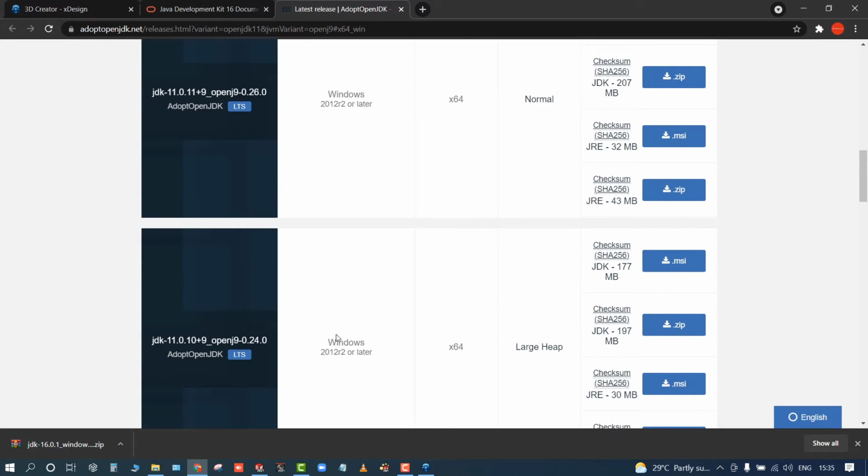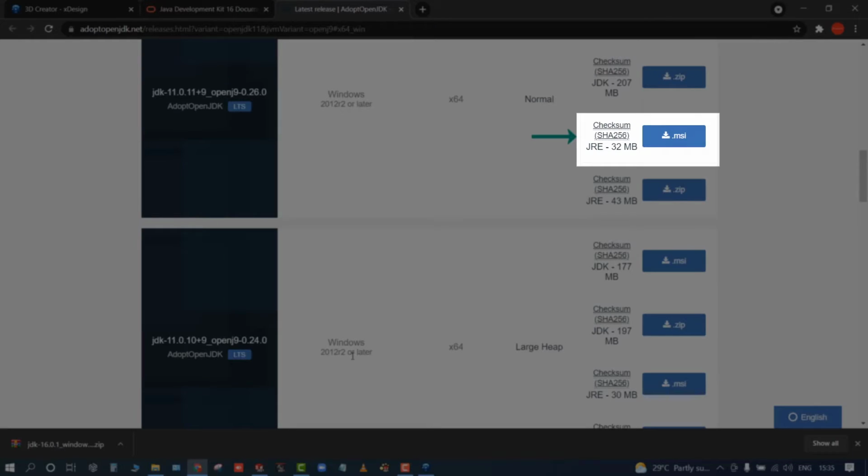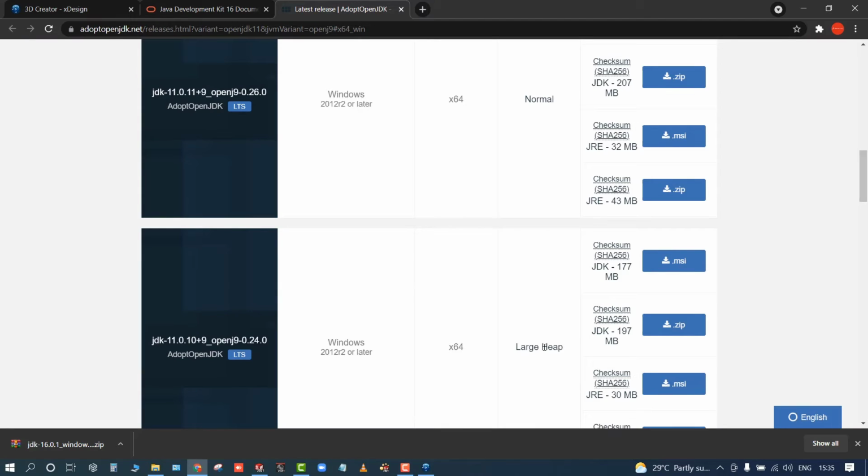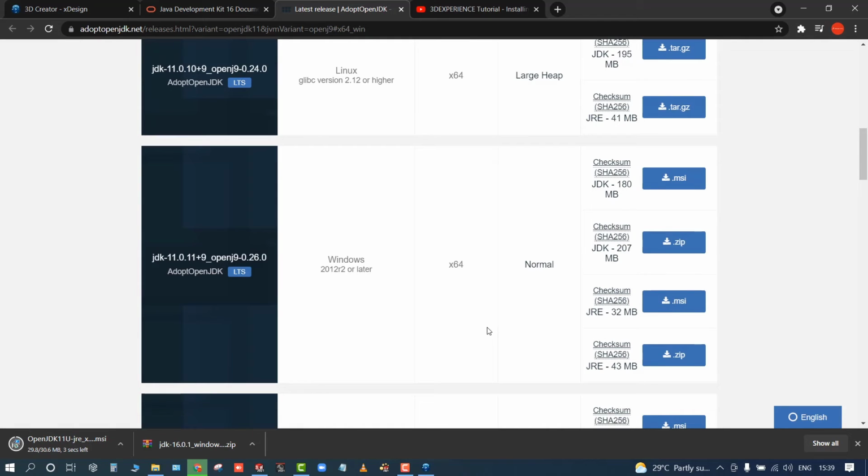Here you'll have the file called JRE, 32 MB file, as you could see over there. SHA 256 is also written over there, so that is what I need to download. So just select that JRE 32 MB file. Once it gets downloaded, you could directly run it